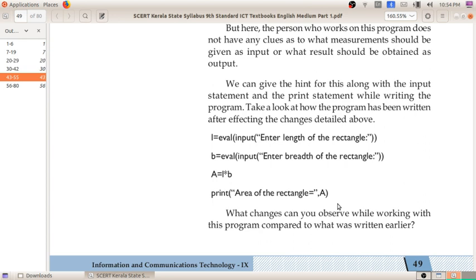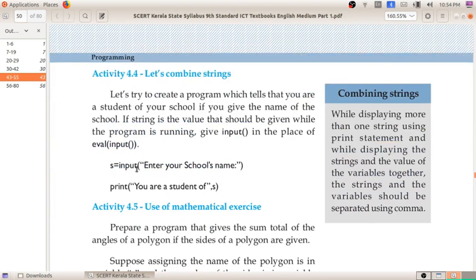If we use a normal input command, we input a string, a statement. For example, S is equal to input of enter your school's name. After writing this statement, when we run the program, the computer will ask enter your school's name, and this input is stored in a variable S.